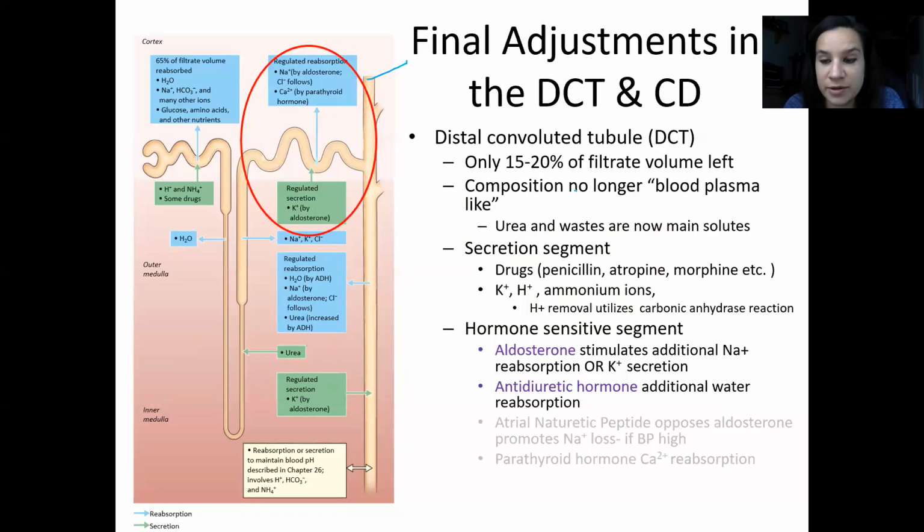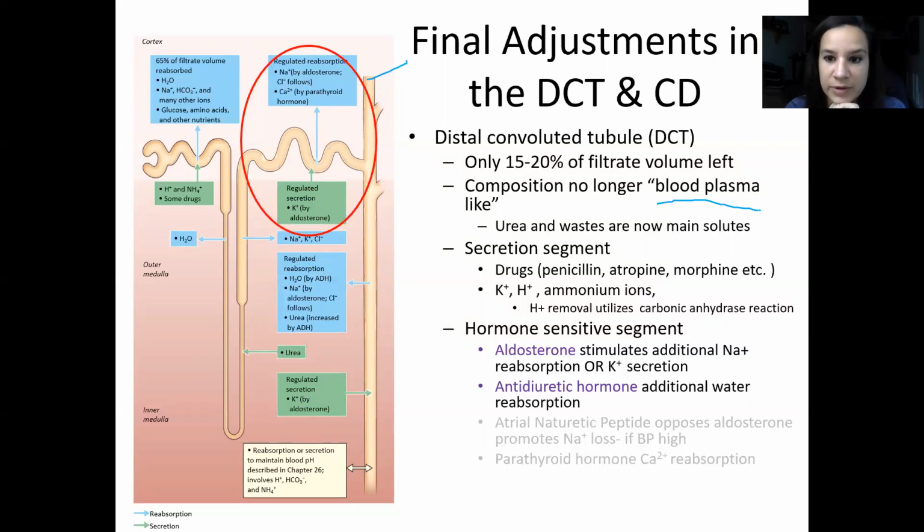So it's really critical that we reabsorb this last little bit of water, this last little bit of sodium, and then we make some other adjustments here for things like maybe drugs or vitamins that we took, or perhaps we have an issue with our potassium or our hydrogen balance. Okay. So we've started with something that looked a lot like blood, 300 milliosmoles, really just blood minus the cells and the proteins. And now we have something that's a lot more urine-like